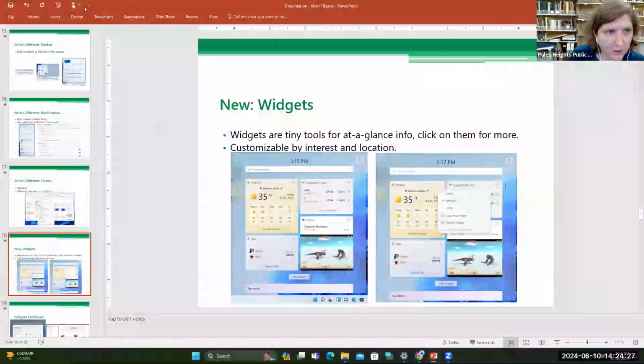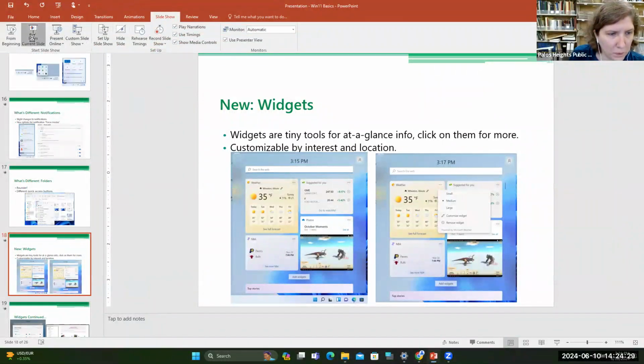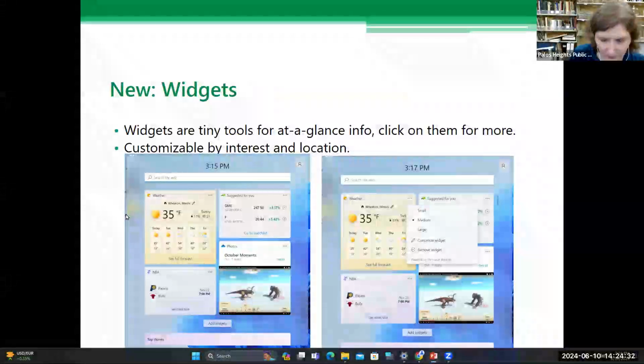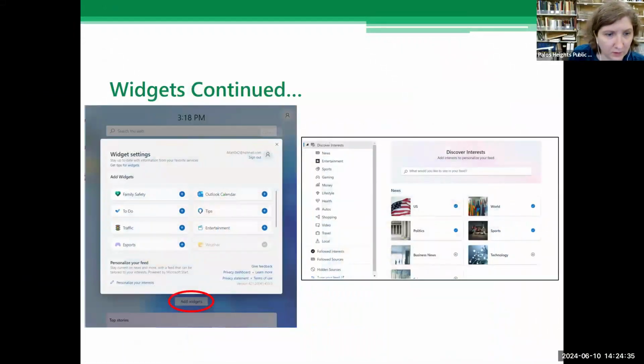Let's open this back up here. Here we go. And there, yeah. Where you can add, and you can even customize, again, the newsfeed by interests, like specific politics or technology news, health news, car shopping news, or other shopping news, entertainment. So there's quite a few that you can choose from.